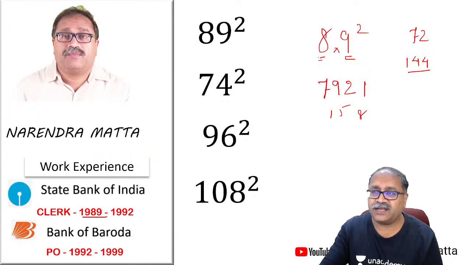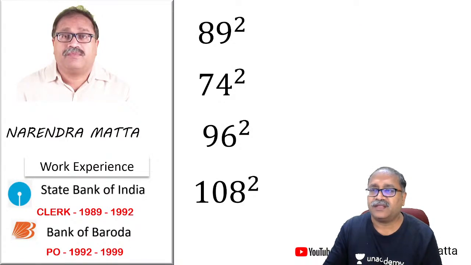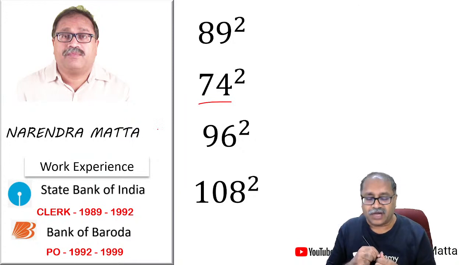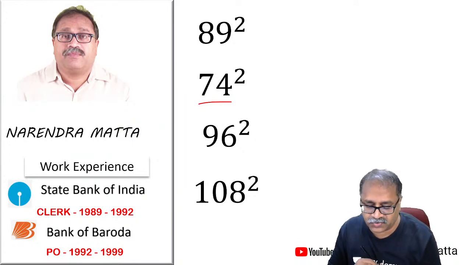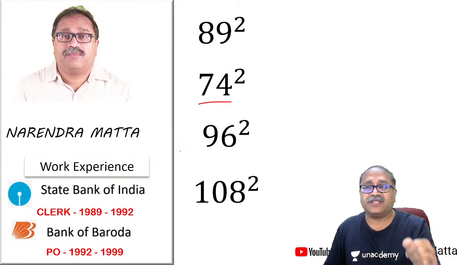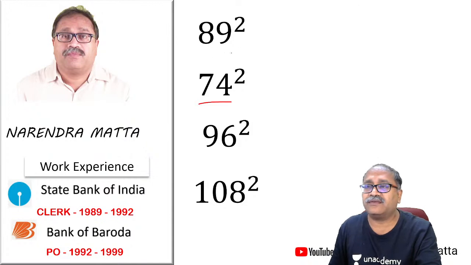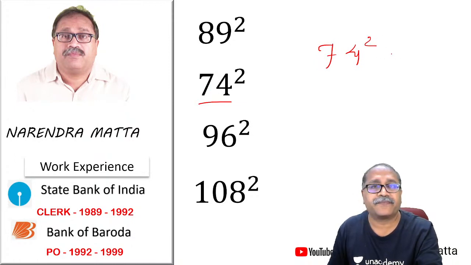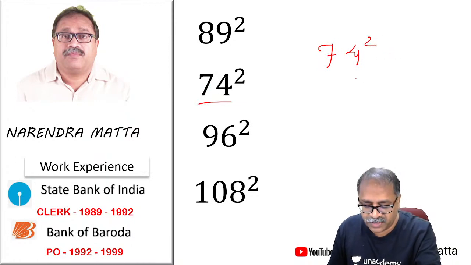Okay, let's take one more number over here. For example, this one, 79 square. How do we find out 79 square? Can any one of you, Anandita or Aparajita or Tabitha ma'am, or any one of you please find out how we find out the 74 square? Just respond. 74 square. So what I do? The very first thing is